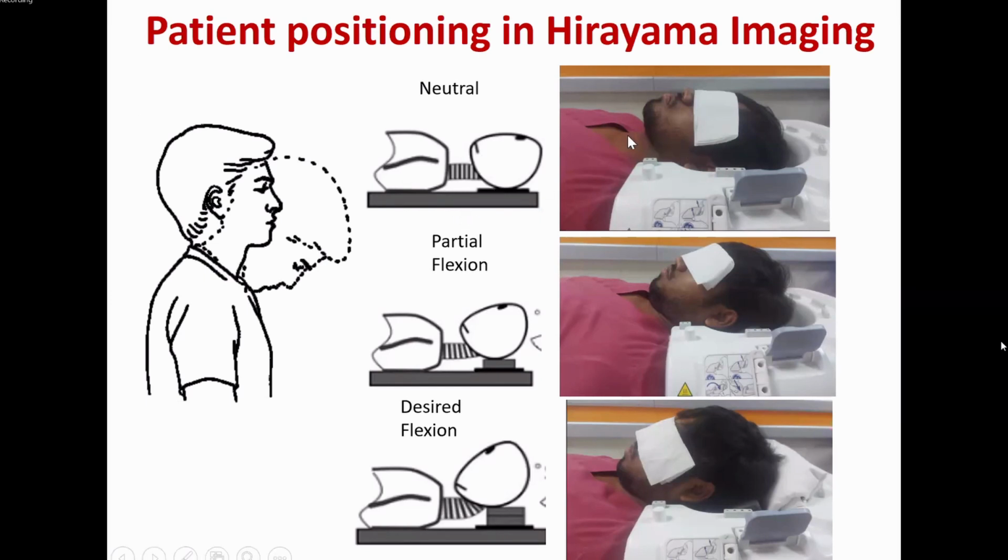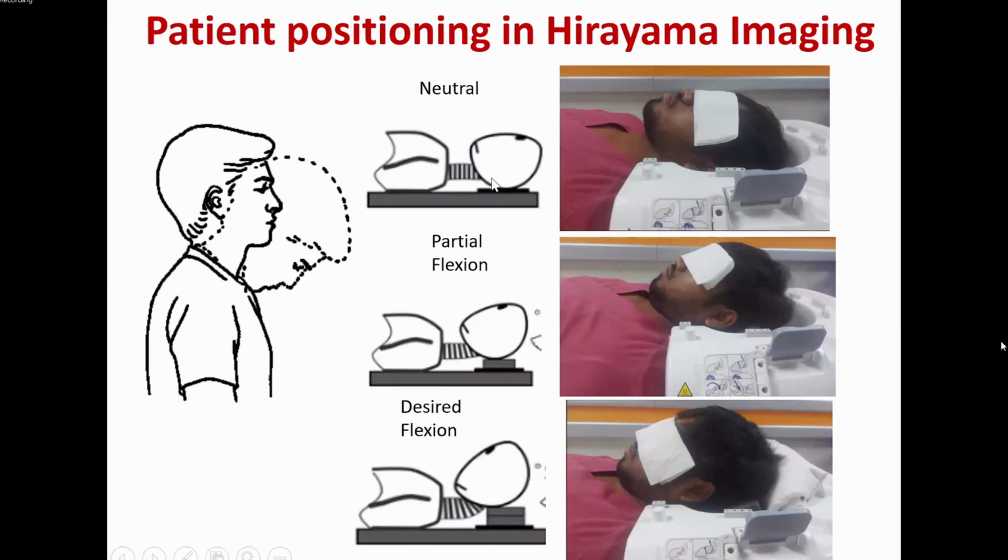Now this is the position which is neutral. Now you can see the neck position here is neutral, right? It's also known as juvenile spinal muscular atrophy, this Hirayama, which affects the distal upper limbs. And you need to demonstrate it by means of high resolution sagittal and axial images. And it also should be completed with gadolinium contrast, right?